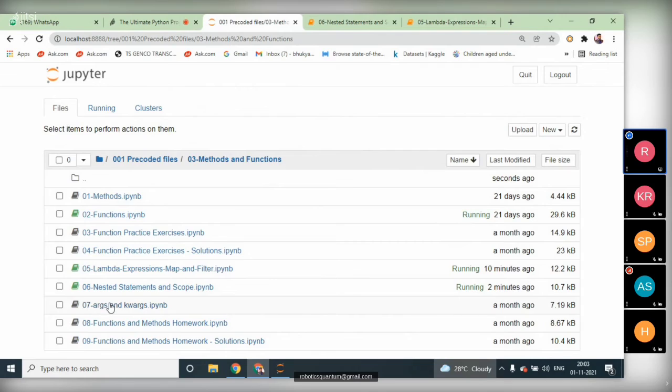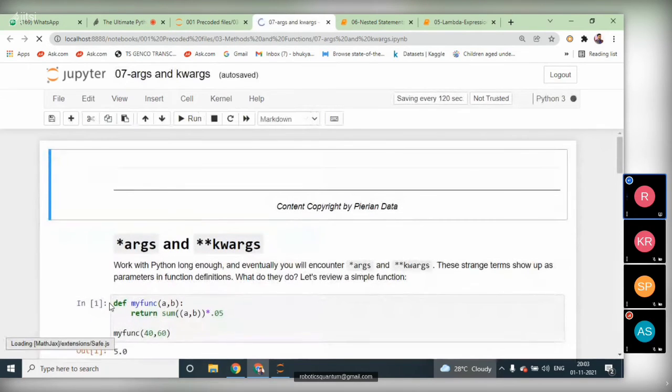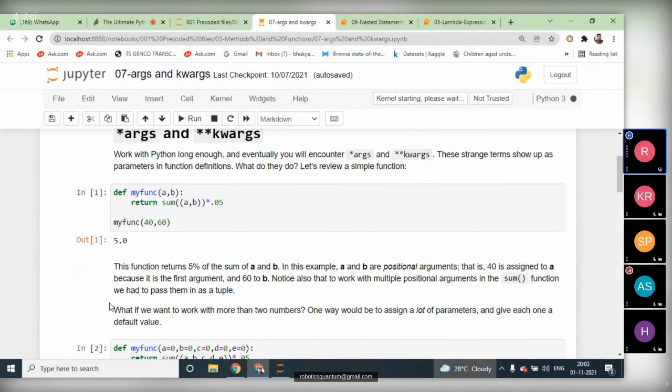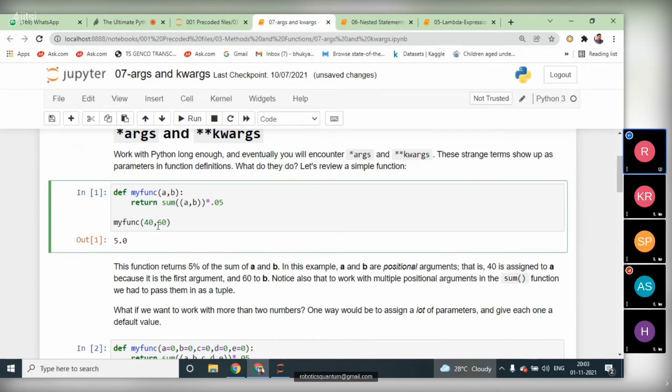We have args and keyword args, kwargs. Arguments and keyword variable-length arguments. So simply, in general, we have a function to which we are passing two values, 40 and 60.